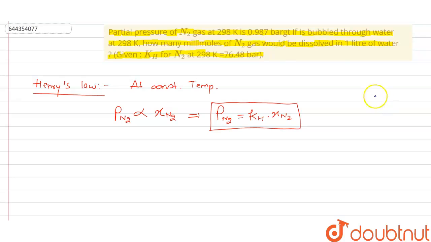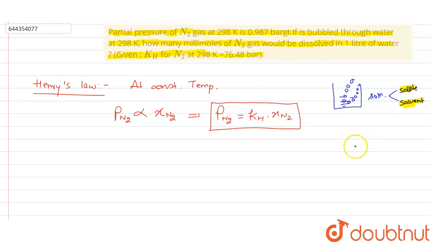Suppose we are having a beaker in which solvent is present and we are adding some solute in it. So we know that the solution consists of two things. First is solute, the substance which is dissolved in the solvent, and our second component is solvent, in which the solute is being dissolved. So these two are important, that is solute and solvent.